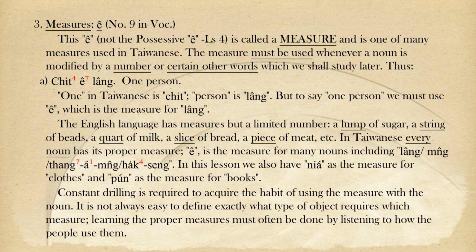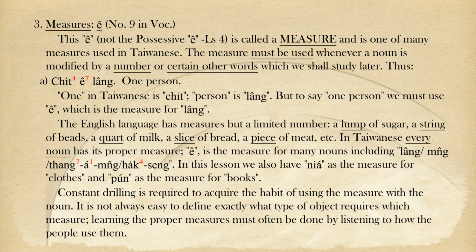3. Measures. This, not the possessive, lesson 4, is called a measure, and is one of many measures used in Taiwanese. The measure must be used whenever a noun is modified by a number or certain other words, which we shall study later. Thus, 一個人, one person. One, in Taiwanese is 一, person is 人, but to say one person, we must use 個, which is the